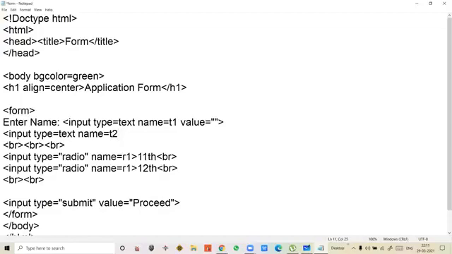T2, students, you have to give a different name because here we are not grouping. Value equal to. Now I'm not giving the labeling in the beginning, so I'll just put something like, for example, value equal to address. Okay. Now we'll just see.